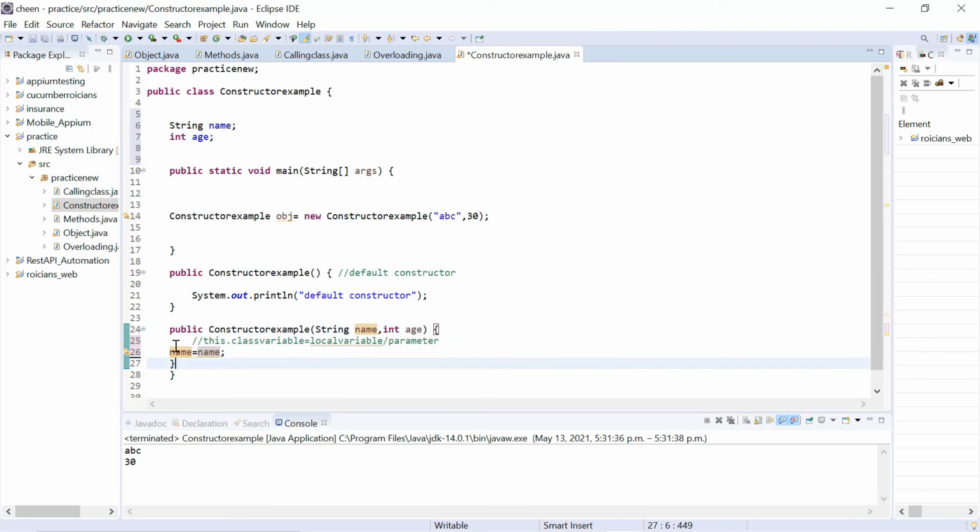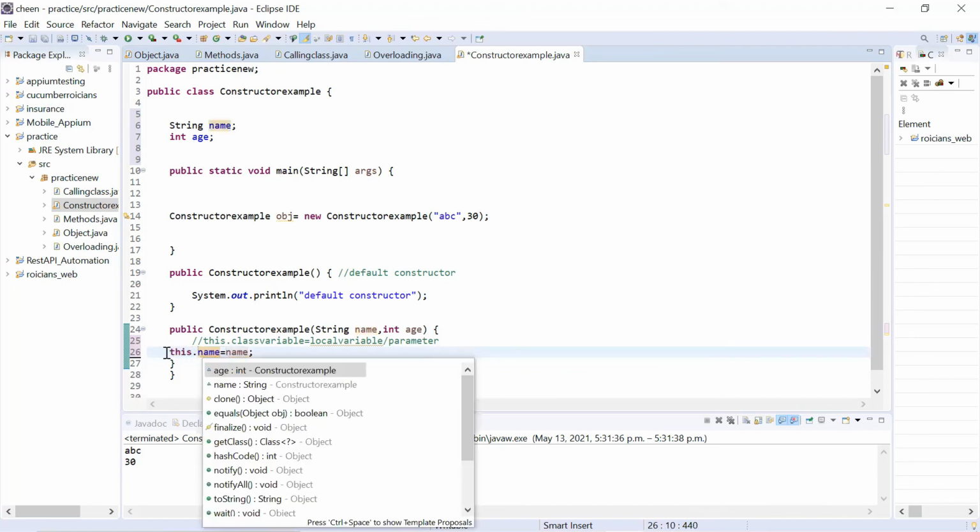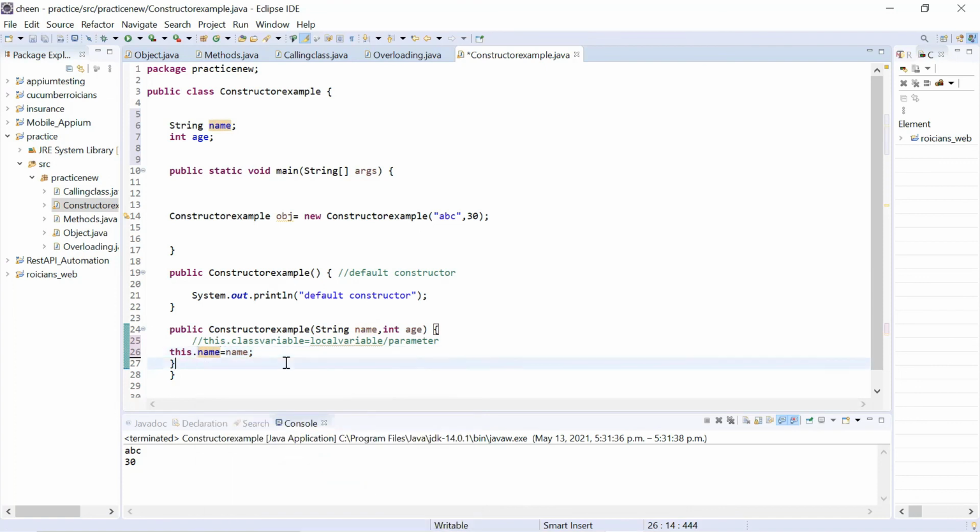If I want to tell them that this is the class variable name, then this represents my class. This represents your current class. Whenever you write this dot, you will see all global variables, class level variables. And here you can write name. So this keyword is used to refer to the global variable or instance variable of the class.